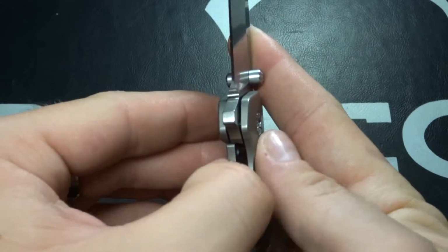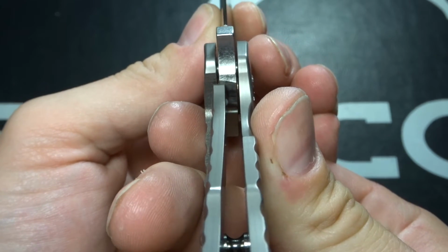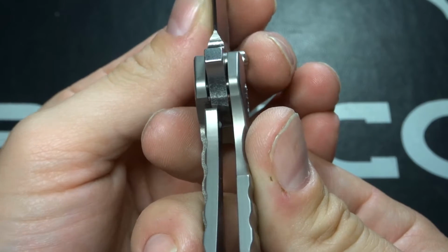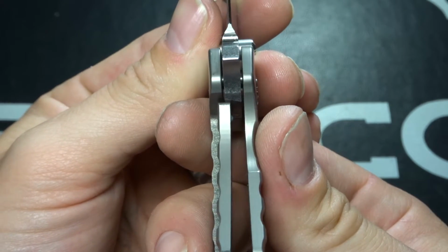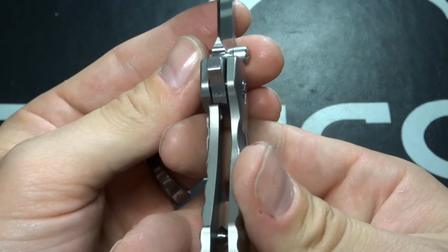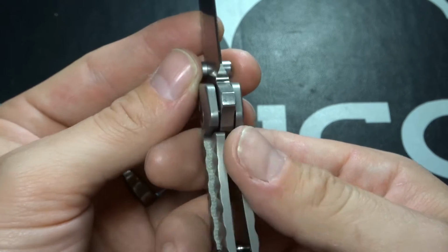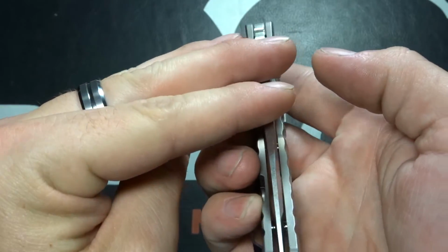The geometry of the lock face there isn't too steep, so I don't really see this going over too much. Or it's steep just enough to stop it from going over, but again, it's only half engaged onto the lock bar, but very solid. So if this is going to walk or stick, I don't think it's going to do it by much. So very easy to disengage this lock bar. Centering,